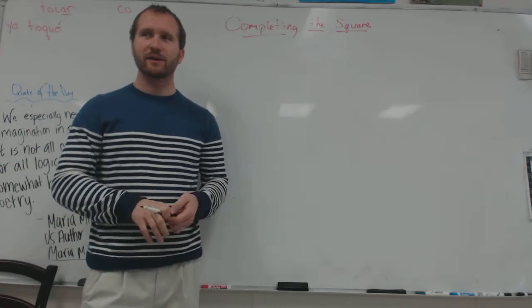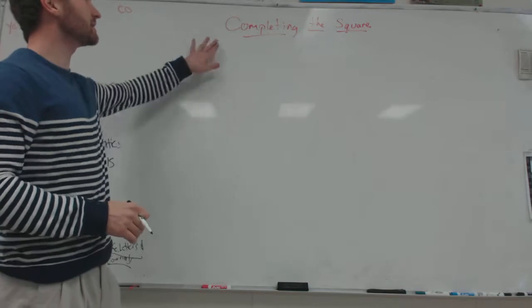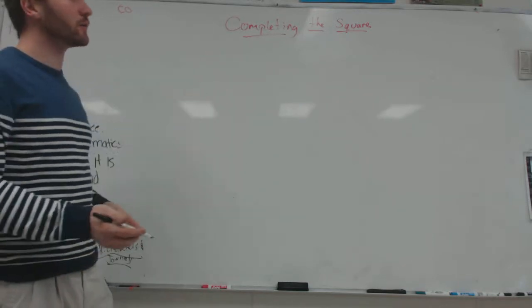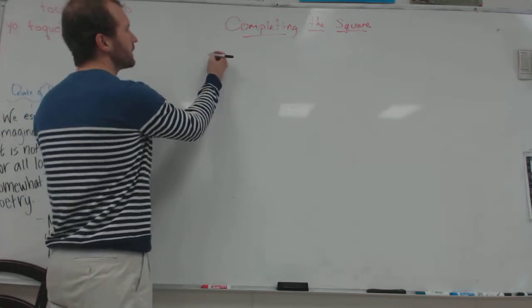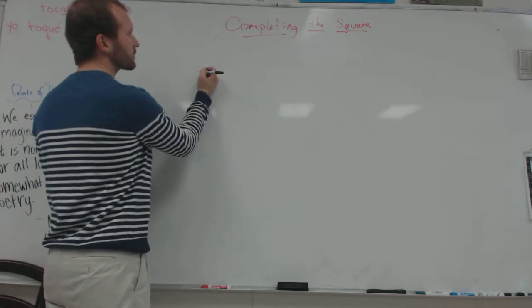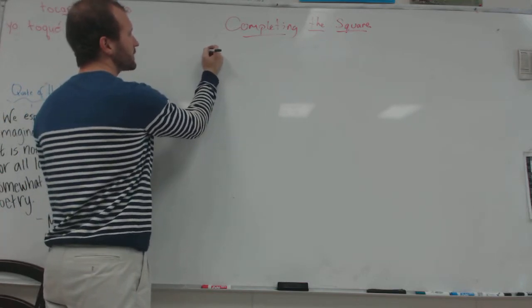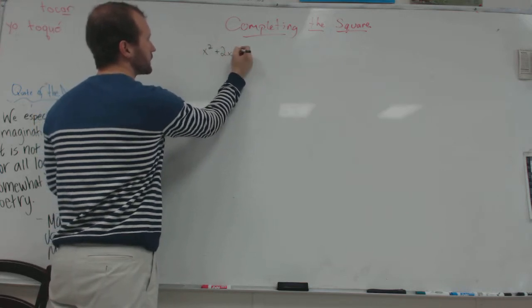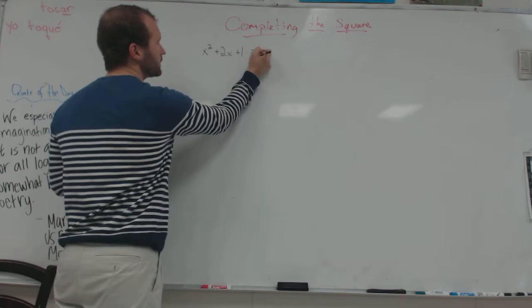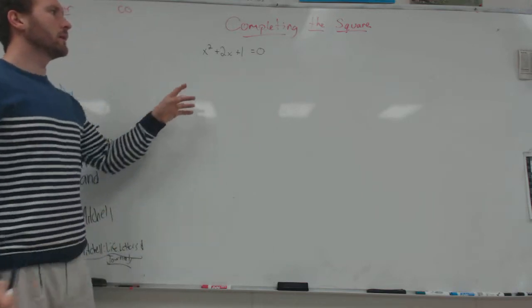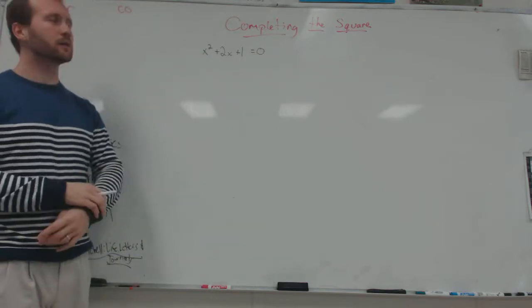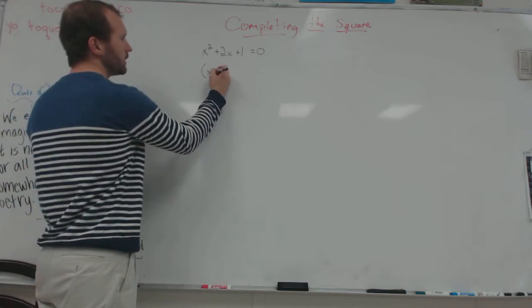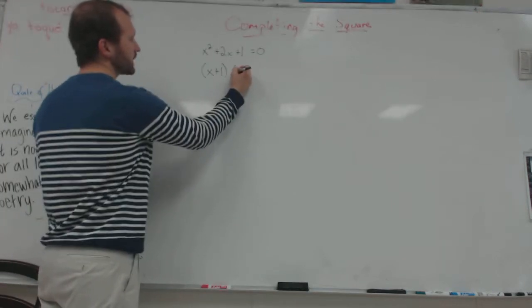So like I said, one of the most exciting topics in Algebra 1, completing the square. So we're first going to do a little bit of review, which is sometimes quadratics work out really nicely, right? So if I had something like x squared plus 2x plus 1 equals 0, and I asked you to solve this, you would figure out eventually that this was x plus 1 times x plus 1